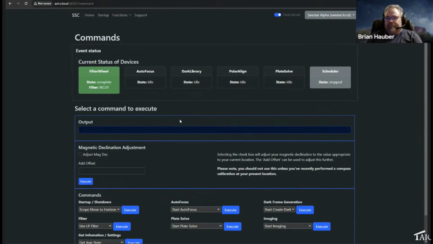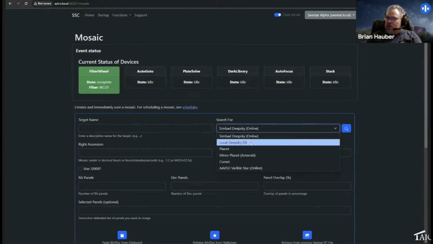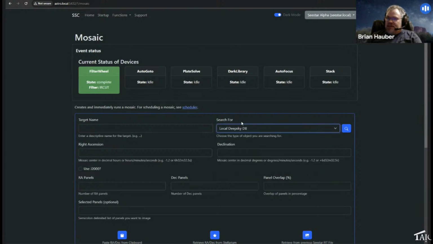So you need a network that communicates with your own devices, but if you're a million miles away from your internet connection, it doesn't matter. Right, correct. And one of the other features that we have is an offline database that is local to the actual Seestar Alp install.